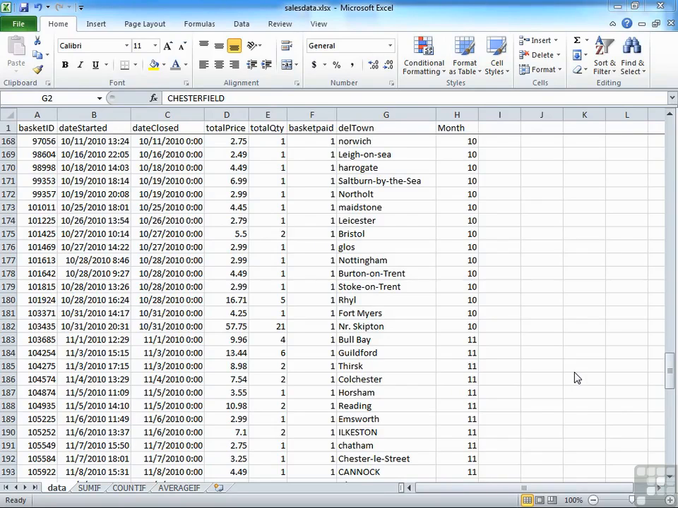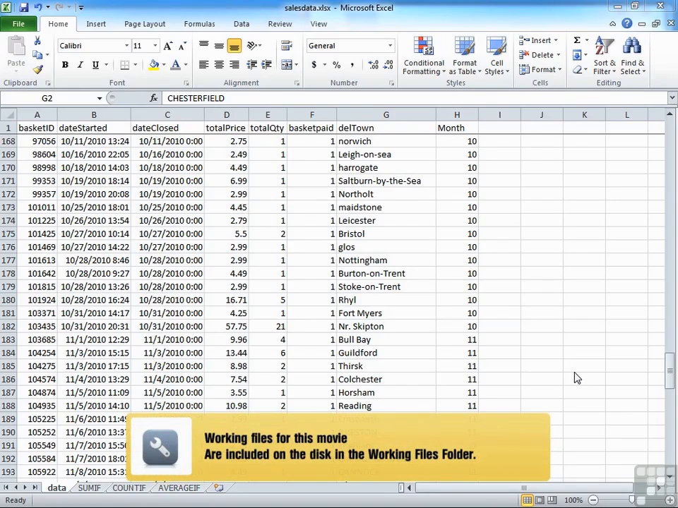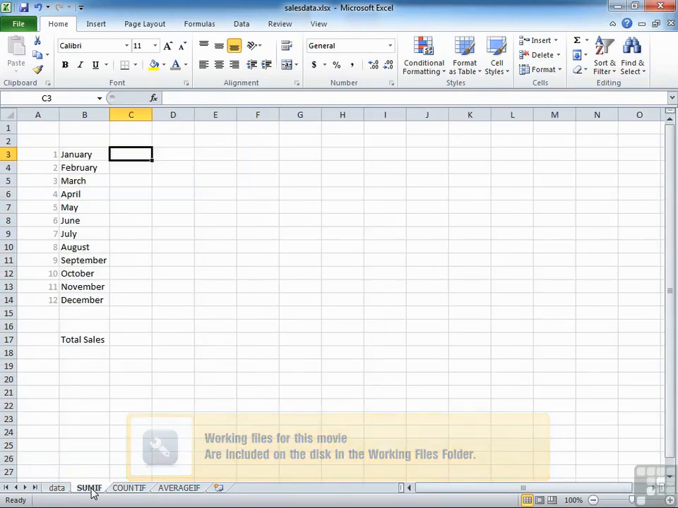Let's explore the SUMIF function. It's basically made up of two functions, the SUM function and the IF function. So it will look at summing if a criteria is met. So using the sales data workbook and in the SUMIF sheet, we have a mini table being prepared here for us,